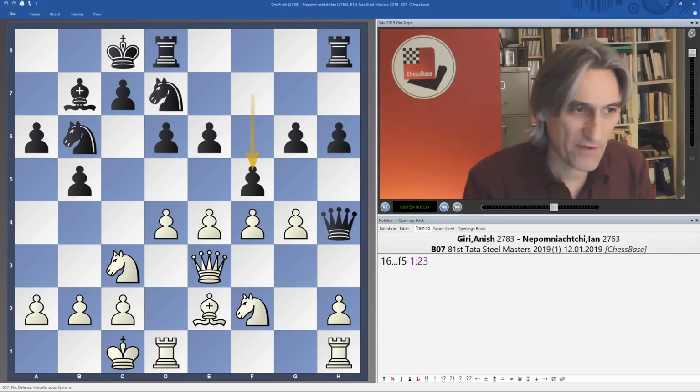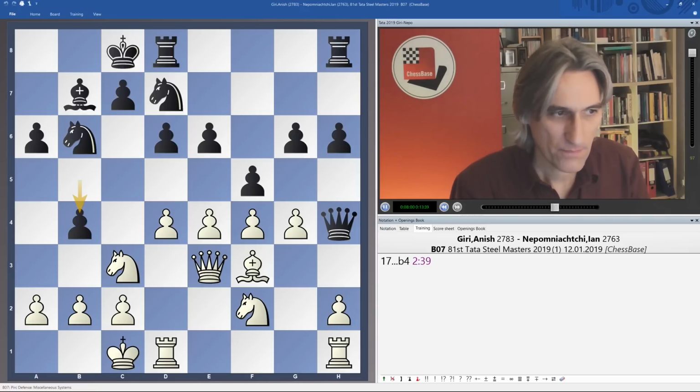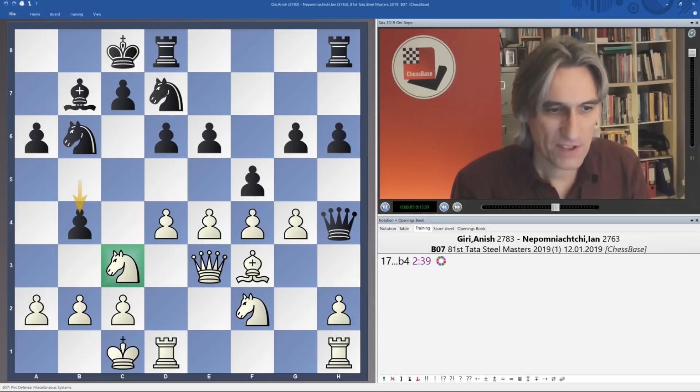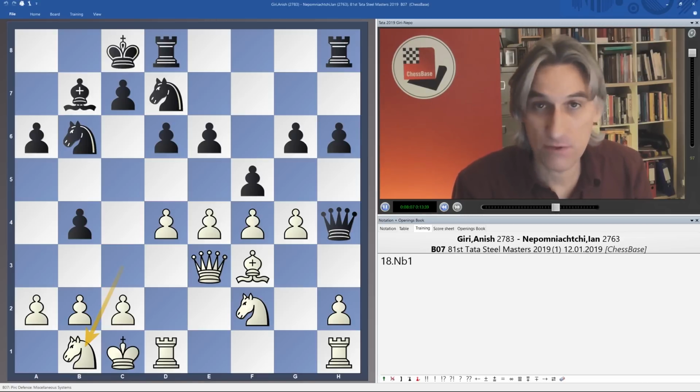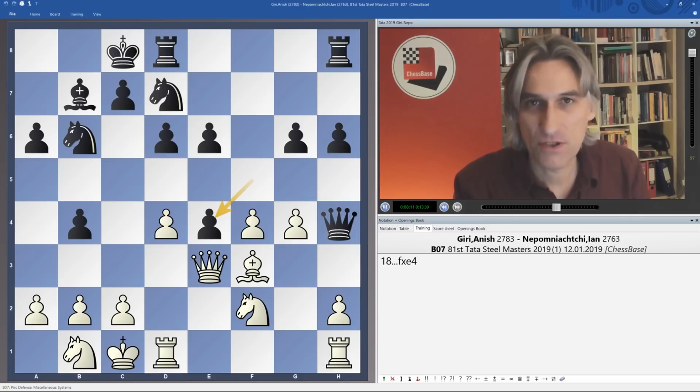So, after f5, bishop f3 from Giri. And the pawn was pushed, attacking the knight. Now, this is awkward. Because if this knight retreats... Now, Giri did not play like this. But black is going to take